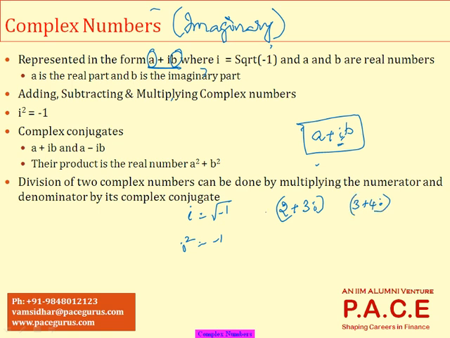Now, these two complex numbers, let's say they can be added. Adding is nothing but adding the real part separately. This is the real part and this is the imaginary part. So, you add the real part separately and you add the imaginary part separately. That is the addition. The subtraction also, you subtract the real part separately and you subtract the imaginary part separately. This becomes the subtraction of